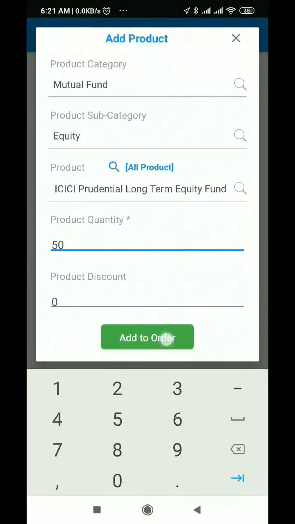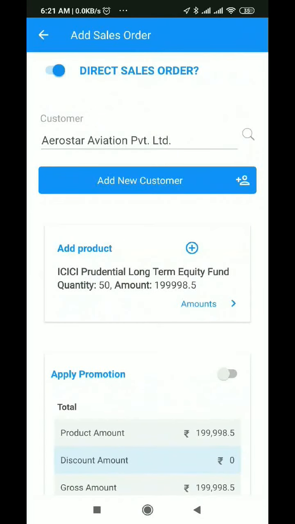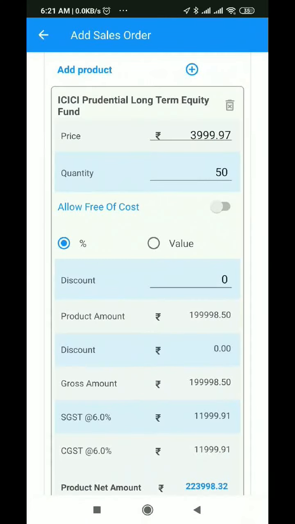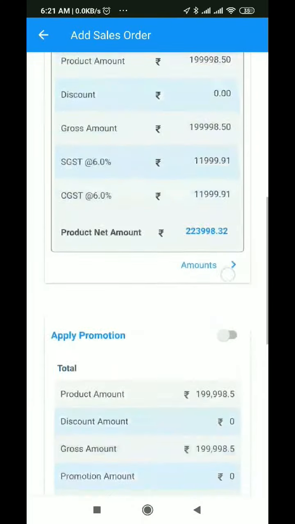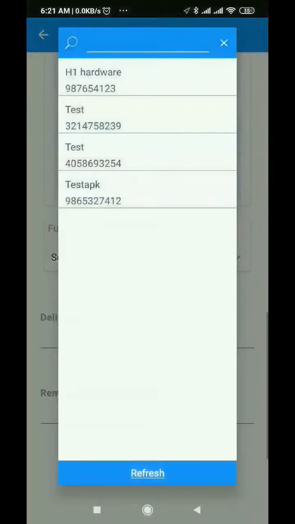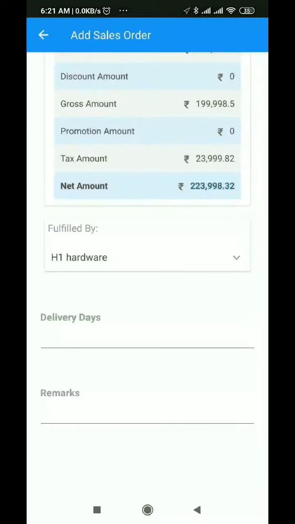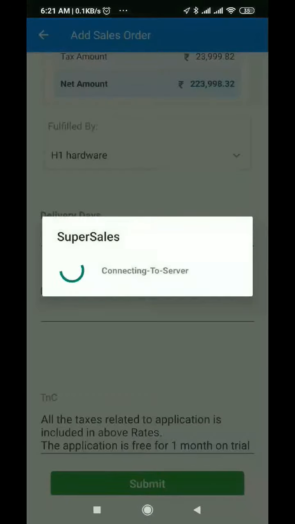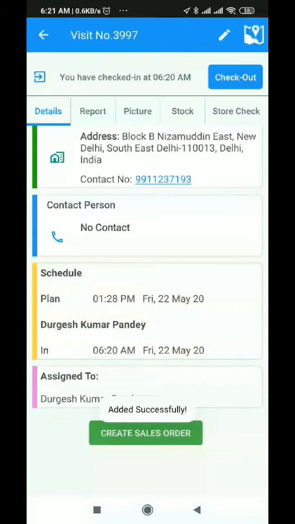This is the same interface as earlier, so this has not changed much. Again you can expand the product tab or collapse the product tab. You can select fulfill by and submit your sales order.